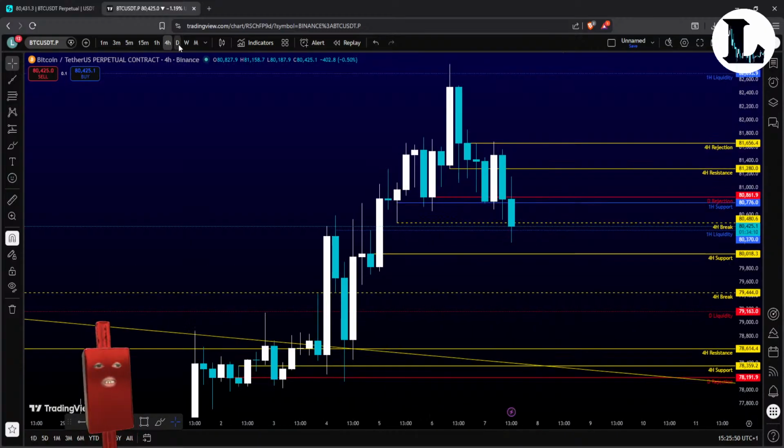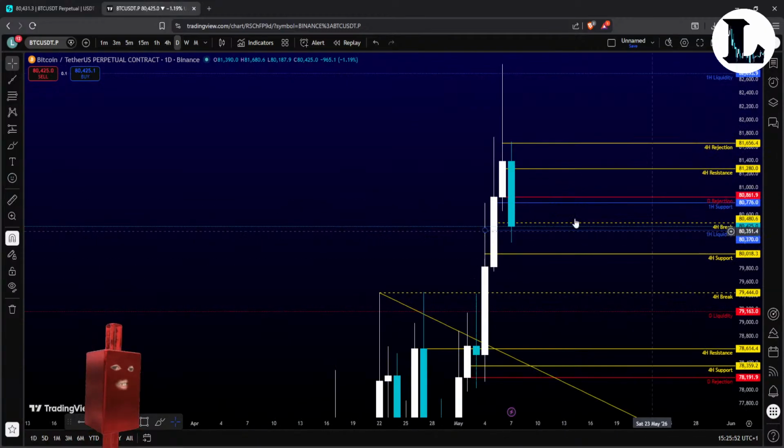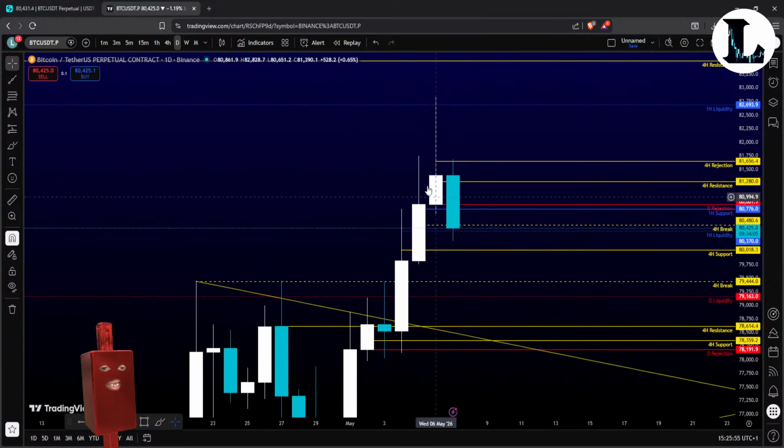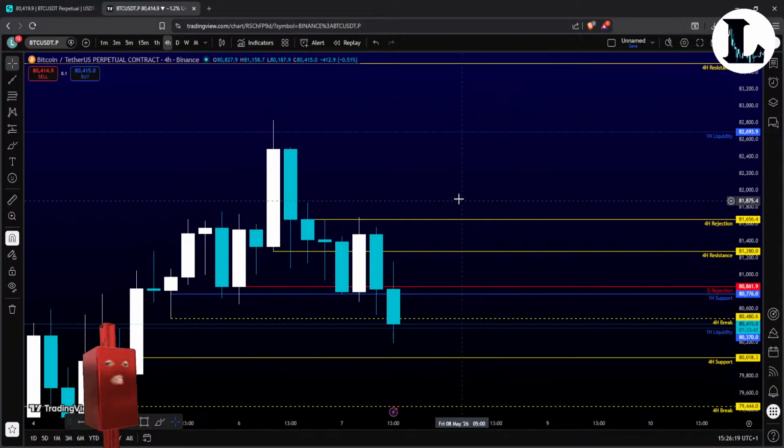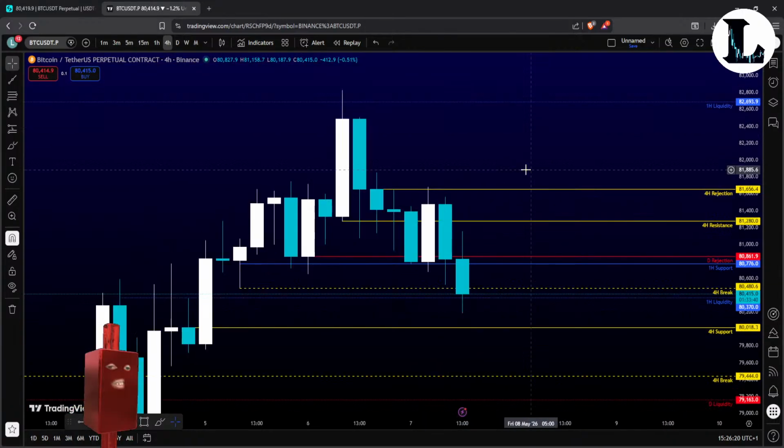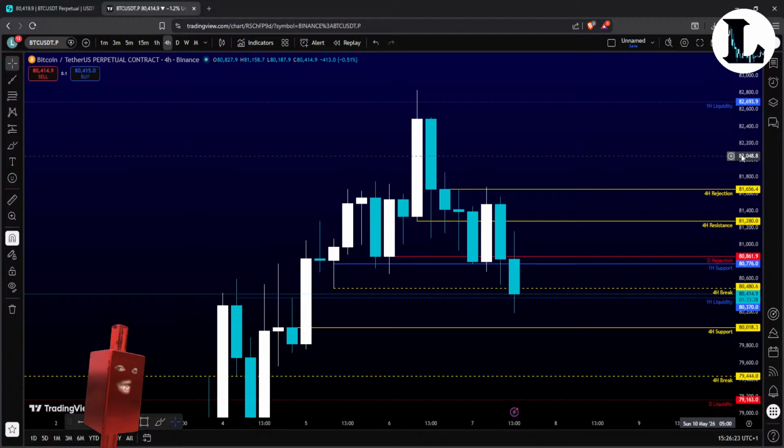So let's start on the daily, because this white candle might turn into a resistance candle. That's why I call this a daily rejection. If the price stays below this level, that's going to be a little bit bearish for the lower time frames, because that candle can turn into a resistance. A white candle on the top is always resistance. Okay, and we already have a trail here on the 4.